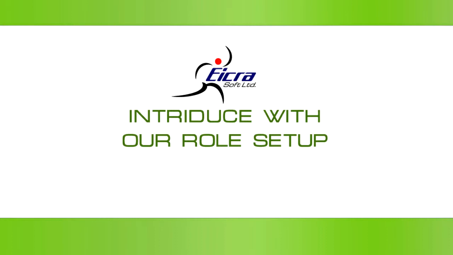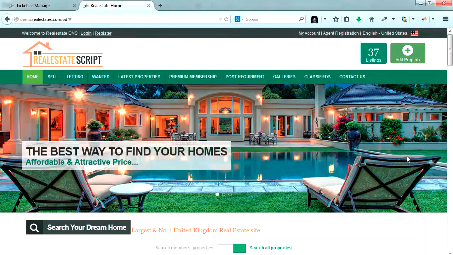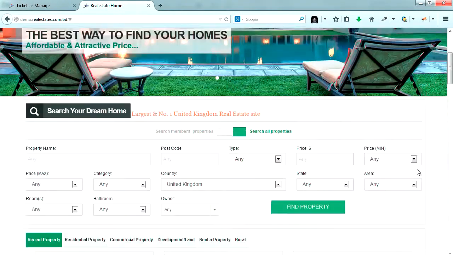So as usual, I'm going to choose one of our templates as a demo. It is going to be a real estate script, but for your case the same tricks, ideas and methodology will remain the same for all of the scripts you have purchased from Ikra.com. It not necessarily has to be the same script that I am showing here. It will apply to your script. It can be focused on any of your businesses.